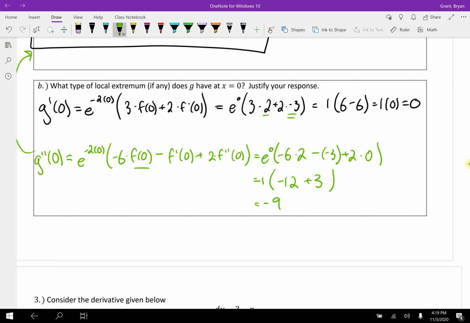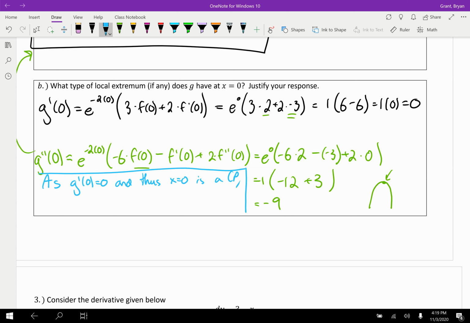Okay, again, quickly sketching a picture. Concave down, f double prime is negative. Critical point, relative max. Justify that response. Keep that practice going. You only need one sentence every time you do these justifications. So as g prime of 0 equals 0, and thus x equals 0 is a critical point, and g double prime of 0 is less than 0, then x equals 0